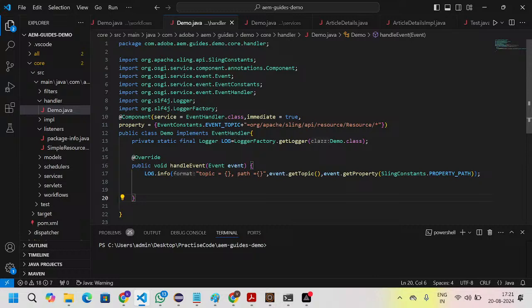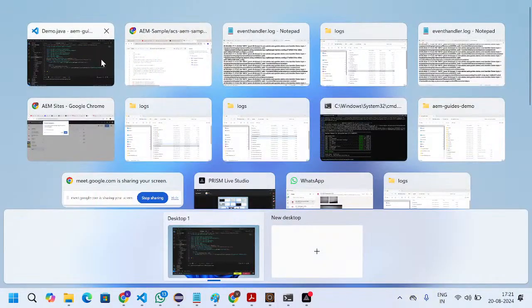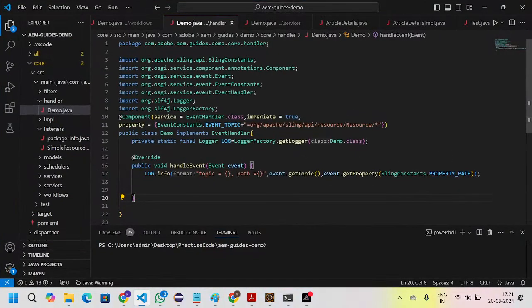Okay, the basic thing here is that the difference between the event handler and listener is they both come from two different APIs. One is from the Sling API, that is the event handler. The second is from the Node API, or you can say JCR API. Okay, this is the difference you can remember. So that's it. Everyone, please go through it, do the assignment, and we can share the